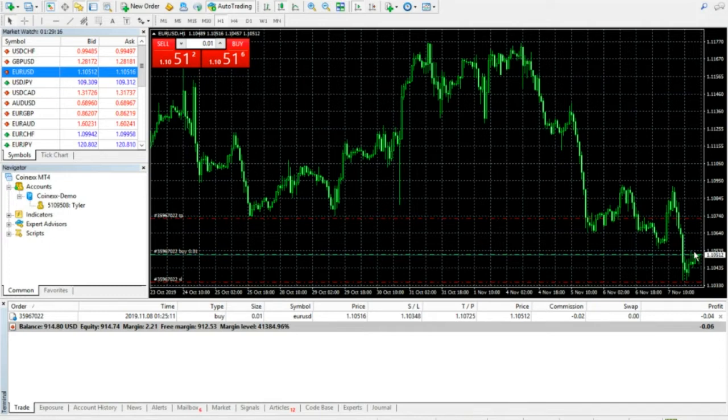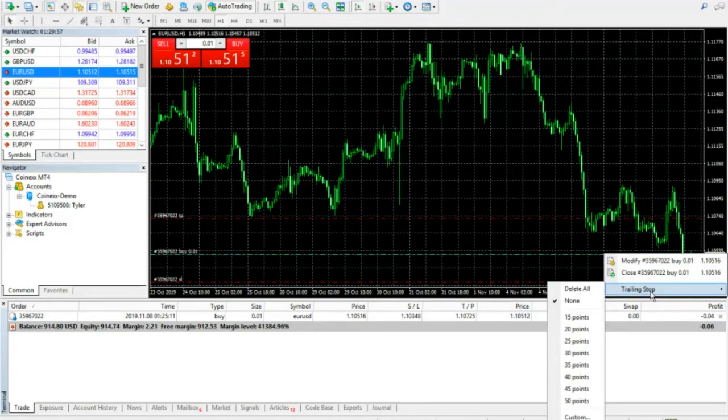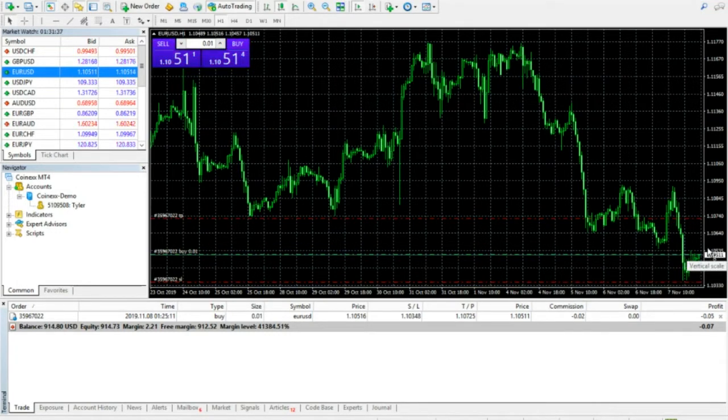With your stop loss being above the break-even point, that would secure your profit. So to do that, you simply have to right-click, come down here to trailing stop, and then you can select the distance that the trailing stop is behind the current price at all times. Now, one thing to take into account is that the trailing stop does not widen if the market goes against